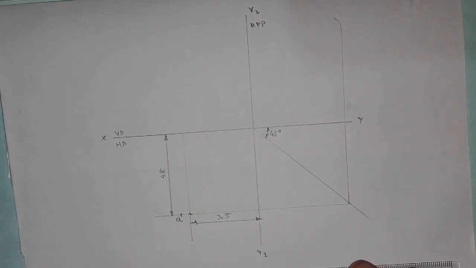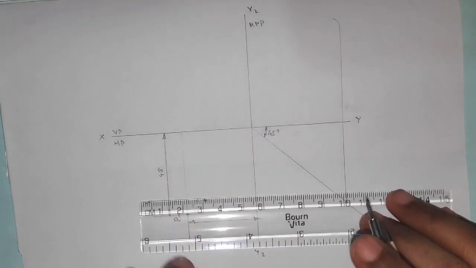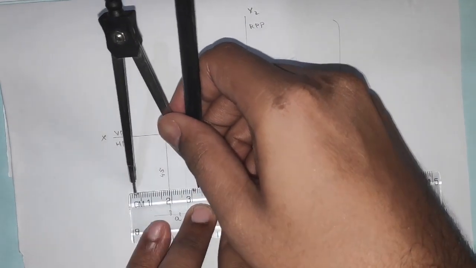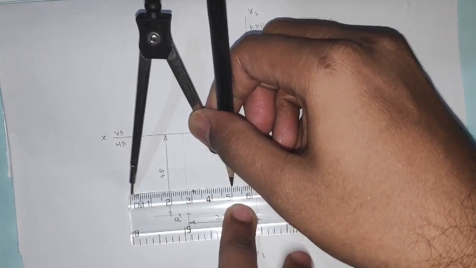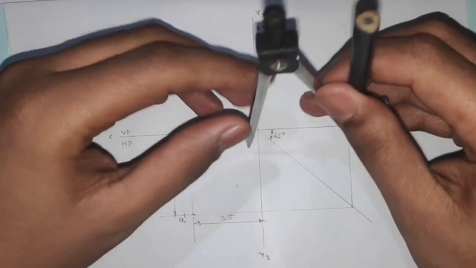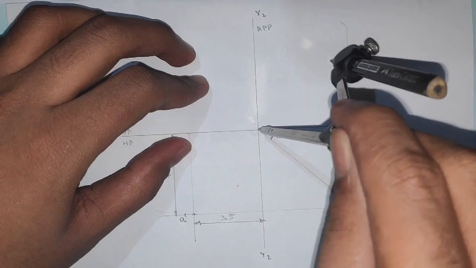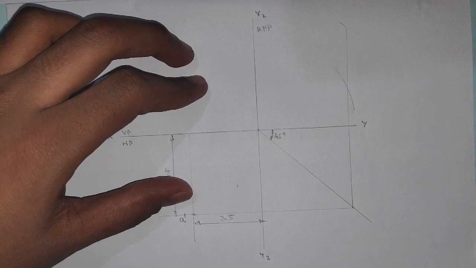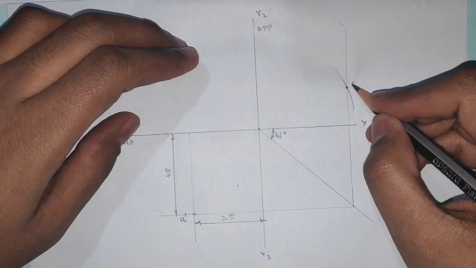So now how to take that 50? So you set your ruler here and take your compass on the 0 mm. You position the pin of your compass and just check the pencil tip is at 50 mm. So here you can see 10, 20, 30, 40 and 50. Once this is set at 50 mm, take the center of XY and X2 Y2 line and just cut an arc on this particular projection. So here wherever this arc and this vertical line intersect, we get the side view of this point.